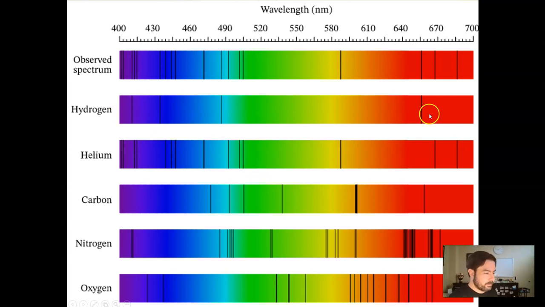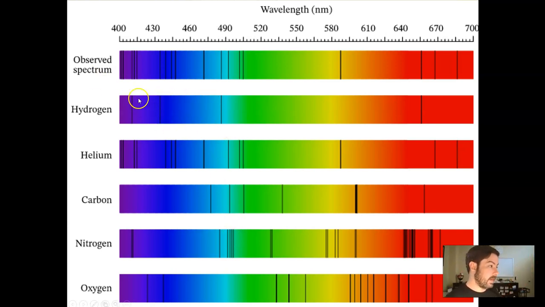So hydrogen, when we send pure white light, which is composed of every color of the rainbow, through gaseous hydrogen, when we look at that light on the other side, it's missing some of these bands. These are called absorption spectrums. So each element has a different absorption spectrum. So the way we can tell a distant star is made of a certain gas, or even our own star is made of a certain gas, or the way we can figure out the consistency of Jupiter's atmosphere is by looking at these.